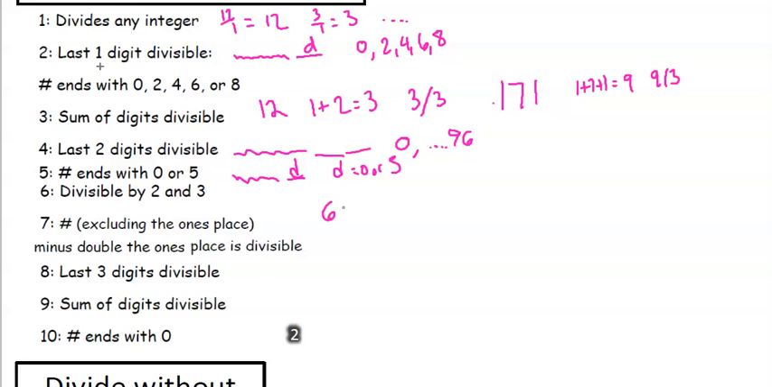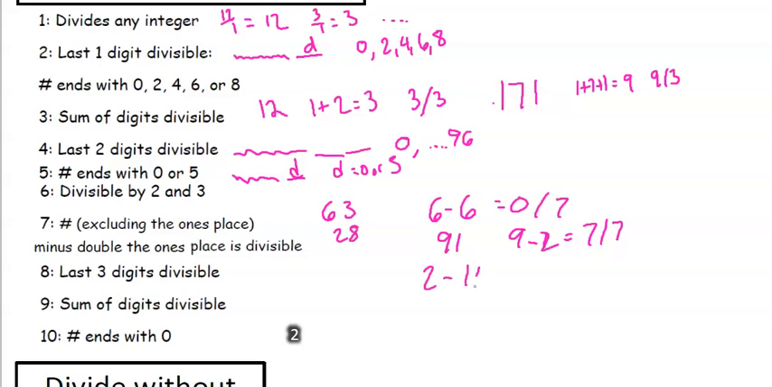So, for example, if we had 63, you would minus double the ones place. So double the ones place would be 6. And if you subtracted those, you would get 0, and 0 does divide by 7. Another example, we could have 91. If we doubled 1, we get 2. 9 minus 2 would equal 7. 7 divides by 7. If we did 28, we do 2 minus 16, which is negative 14, and that divides